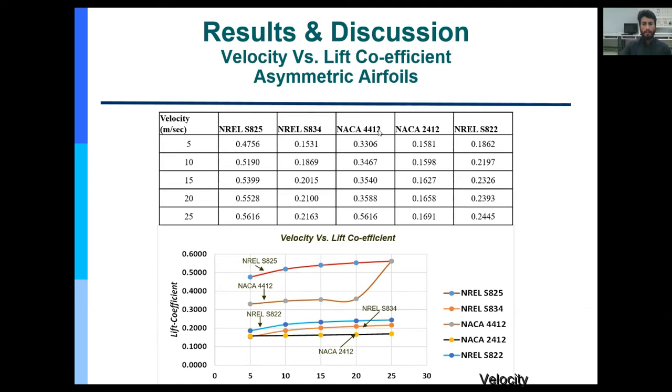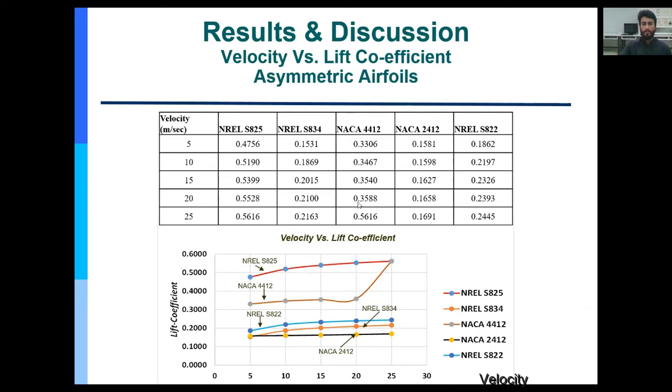And for NACA 4412, the lift coefficient value is 0.3467, and for NACA 2412 the lift coefficient value is 0.1598, and lift coefficient value for NREL S822 is 0.2197. Same for wind velocity of 15 meters per second, 20 meters per second, and 25 meters per